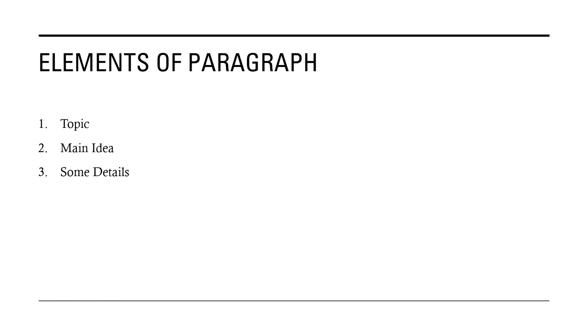The second is a main idea. The main idea is what the author wants to communicate about the topic. It is the central or most important thought in the paragraph. Every sentence and idea in the paragraph is related to the main idea. The sentence that expresses this idea is called the topic sentence.